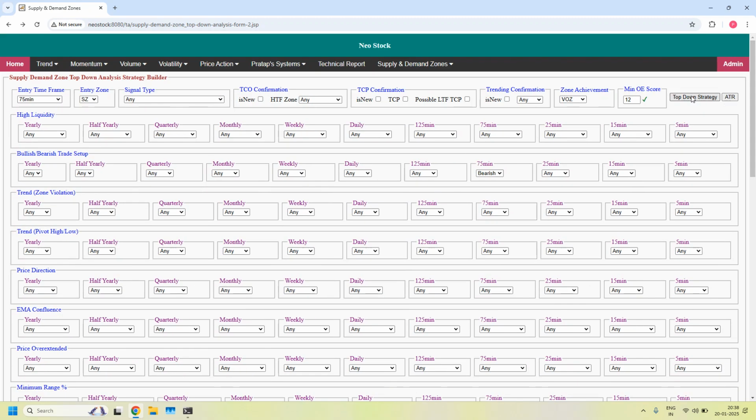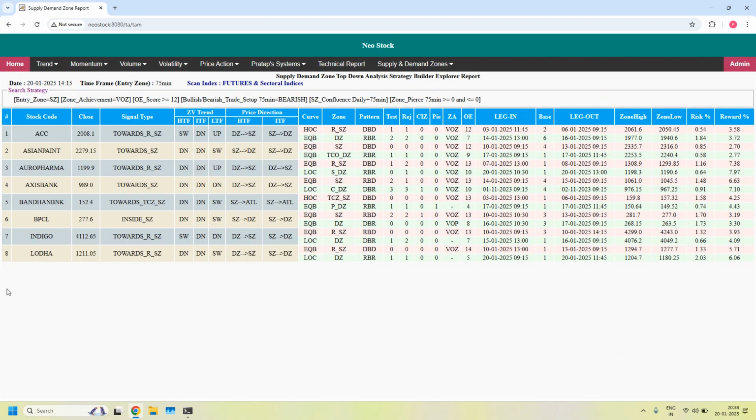So with this filter, out of 9 stocks, we got 8 stocks. In these 8 stocks, these 75 minute supply zones are part of the daily supply zone. And the daily trend is down in all these stocks, ITF trend. Because the 75 minute supply zone is part of the daily supply zone and also the trend is down, let us look